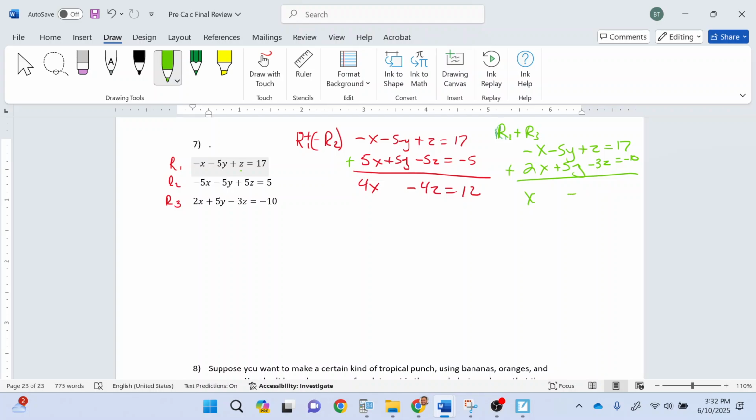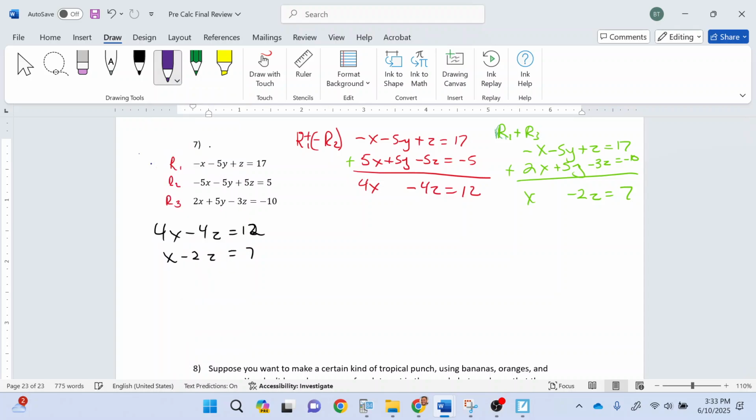Z plus negative 3z is negative 2z equals 17 minus 10 is 7. So now I have a two variable equation that looks like this. 4x minus 4z equals 12, and x minus 2z equals 7. So now I can spend my time figuring out which one is